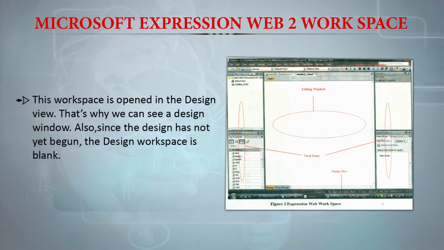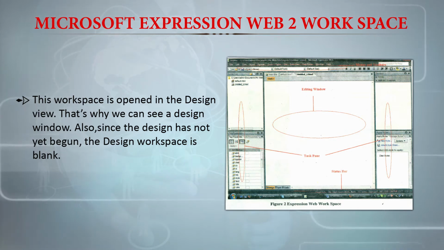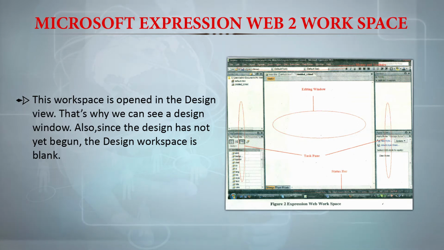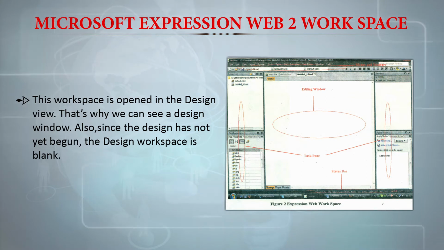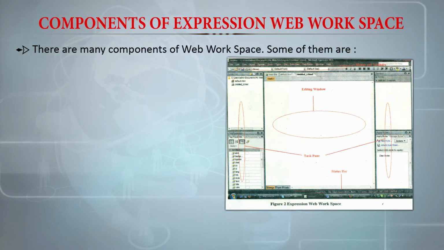The workspace is opened in the design view, which is why we can see a design window. Since the design has not yet begun, the design workspace is blank. Once you start working and save it, it will have some content, but initially when you start, the design workspace will be blank. Then there are several components of the Expression Web Workspace.